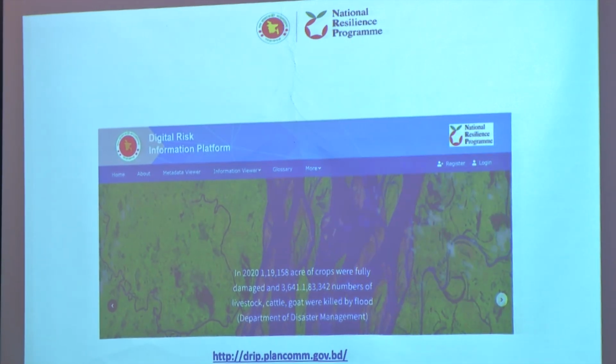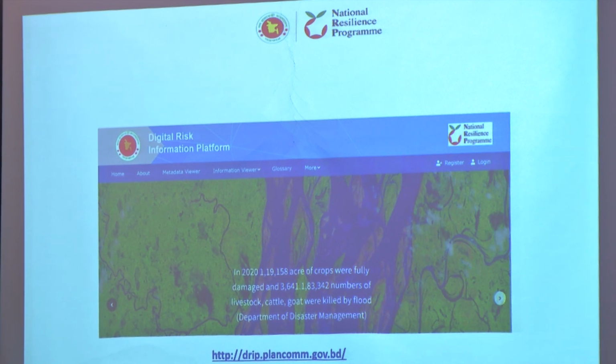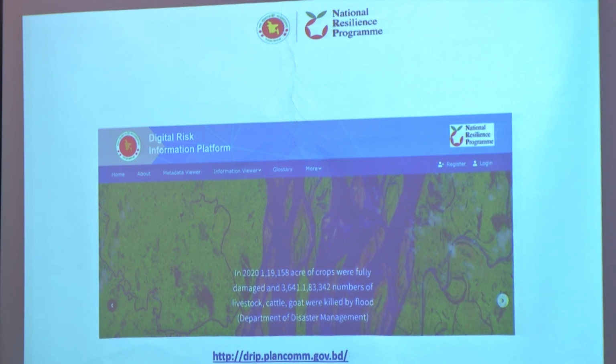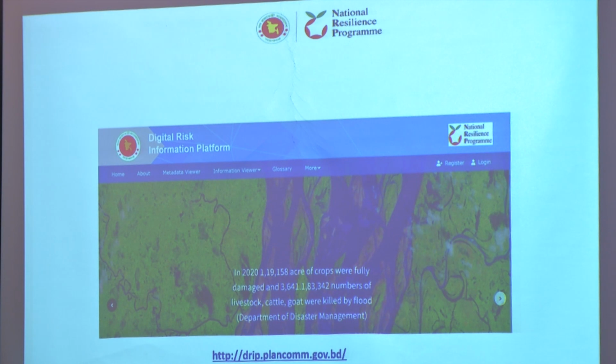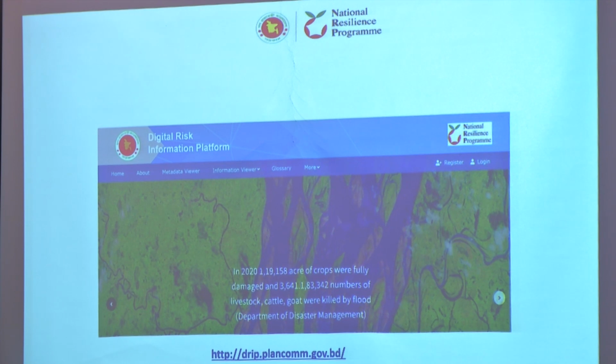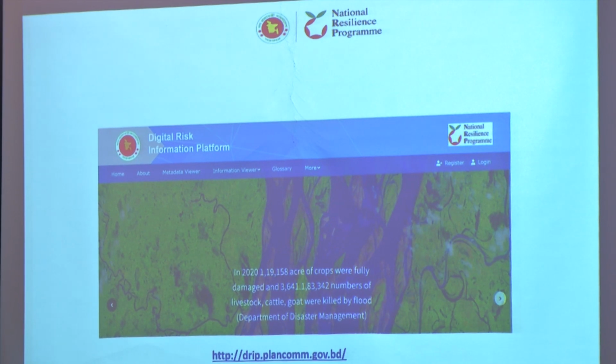And if you see these 6 steps, the first one is the location of the hazard, and the second is the impact of the hazard on that development project, and also the impact of the proposed development project on hazards. So the risk assessment particularly requires huge data and information. As we said earlier, there is no mechanism for collecting all sorts of disaster-related risk information for government. If you ask them for the Union Parishad level, they don't have data. If you ask at the Upazila level, it's difficult for them to get the data for the risk assessment.